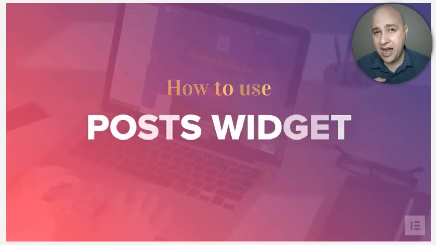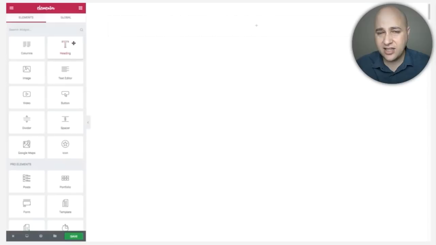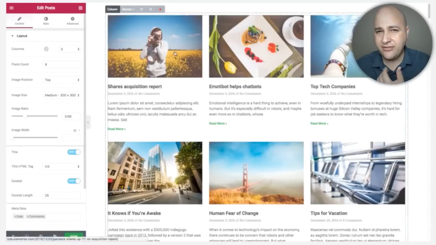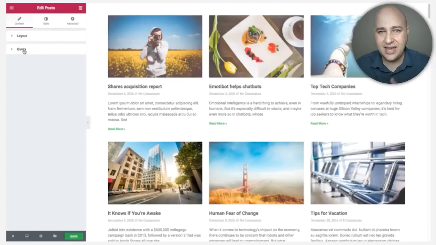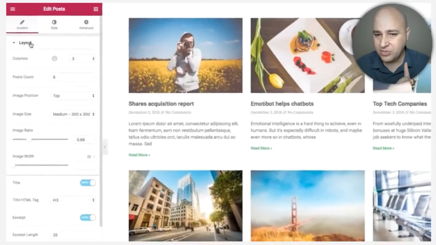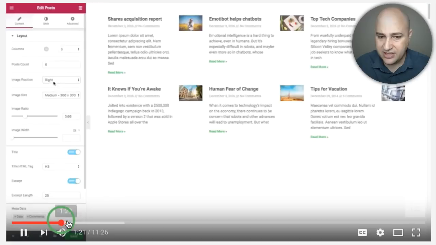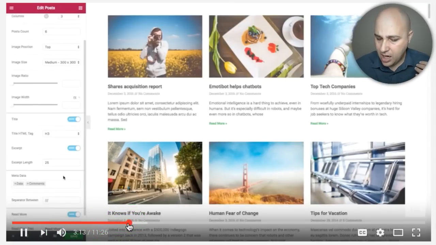This is the most powerful, flexible, easy to use post element that I've ever seen on any page builder. You can literally display lists of your posts in any way that you want. You can make it look very feminine if you have a feminine based website, or masculine, cool. You can make it look however you want. You can do anything with the images, the text. You can control the length of the excerpt. You can have a read more button. You can style that. It is amazing what this can do,